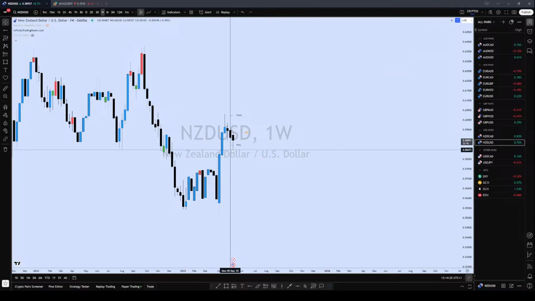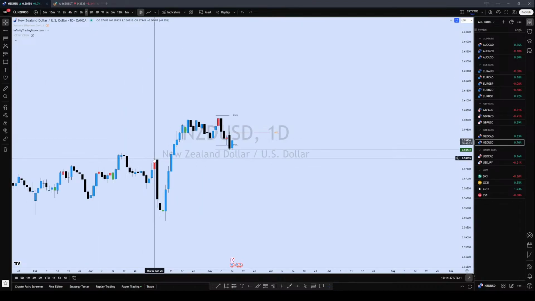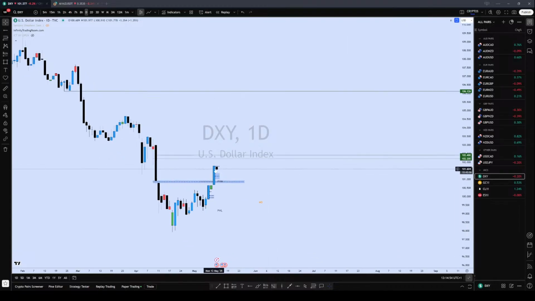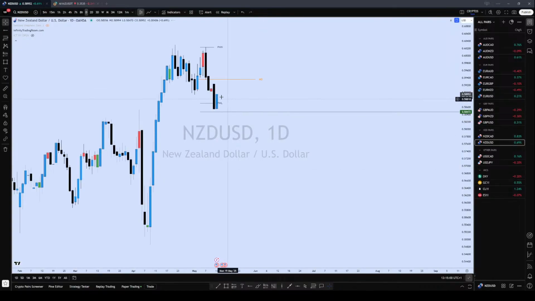For this week, we're expecting lower prices as dollar expands up, so we can look for a continuation once we get into discount, preferably here, that last up candle over there. Now, all that I'm saying can be reversed if dollar index rejects and starts going lower. Now let's go back. If we reject and we start going lower, then this will resume going up, but as it stands, lower prices it is. Okay,